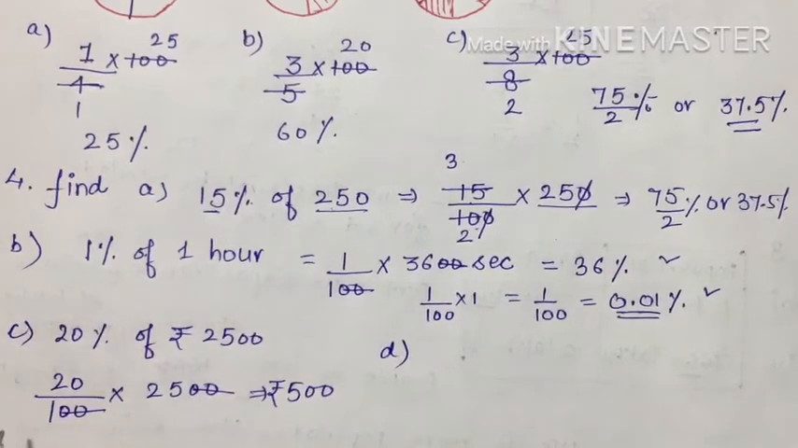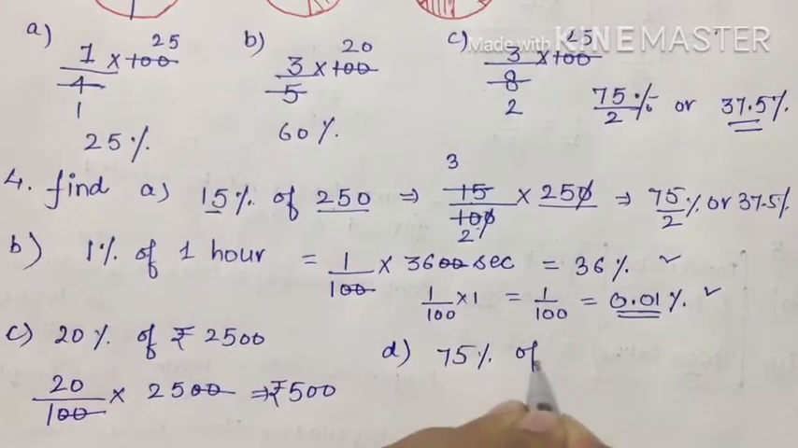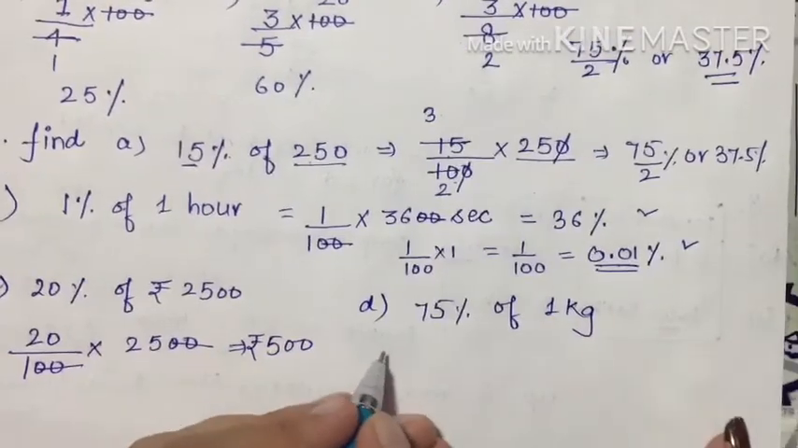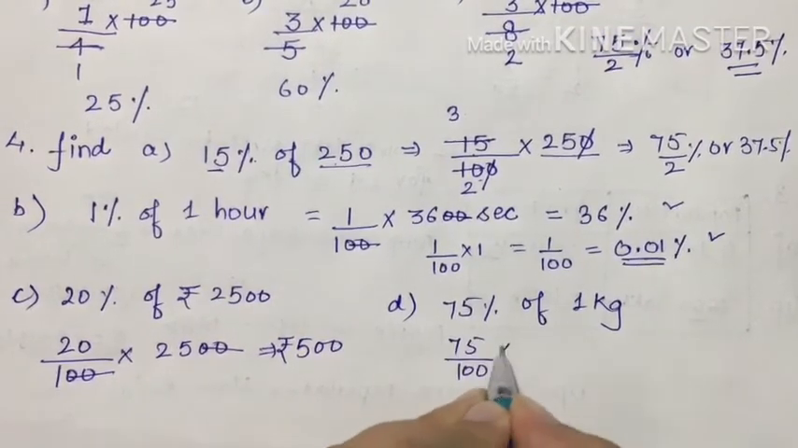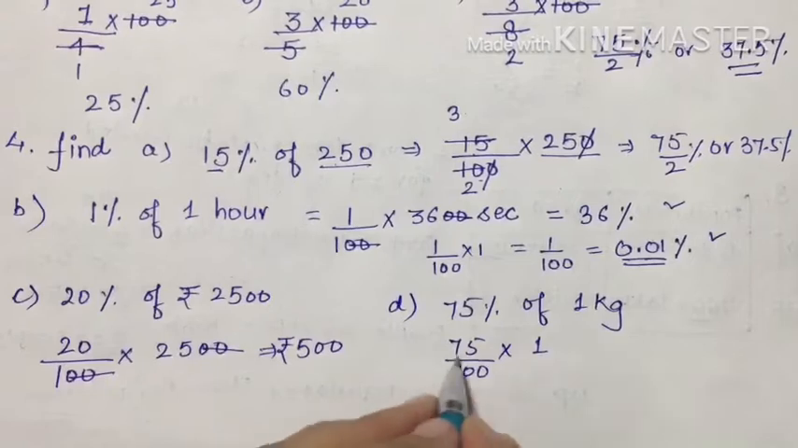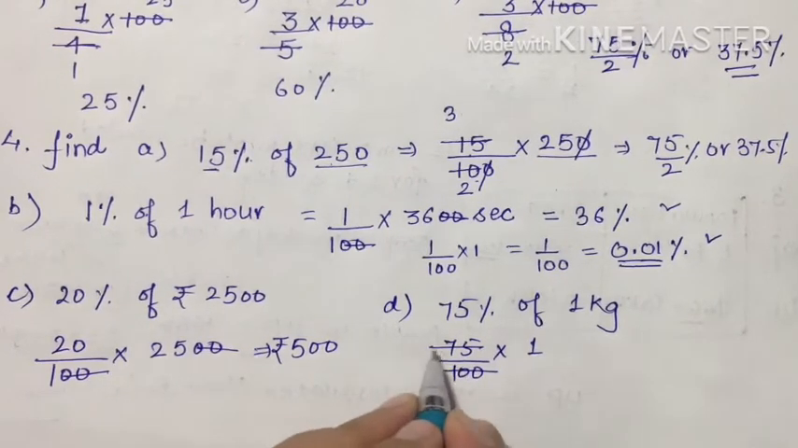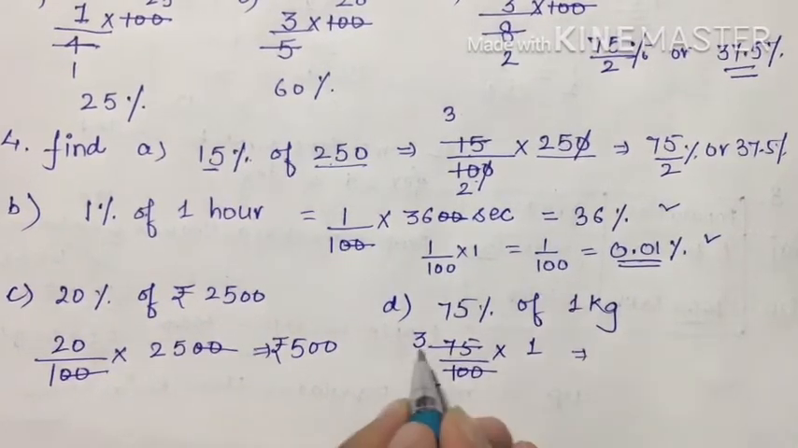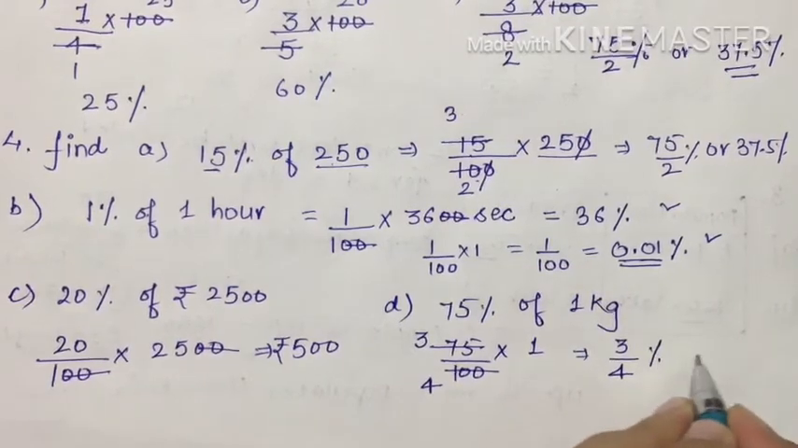Now the D part and the last part of this question, 75 percentage of 1 kilogram. Okay, we will find our answer in kilogram only. How? 75 divided by 100 multiplied by 1. Okay, I'm directly cutting by the table of 25. Here it will be 3, here it will be 4. Now no further cutting, so 3 divided by 4, or if you want to convert your answer into decimal,